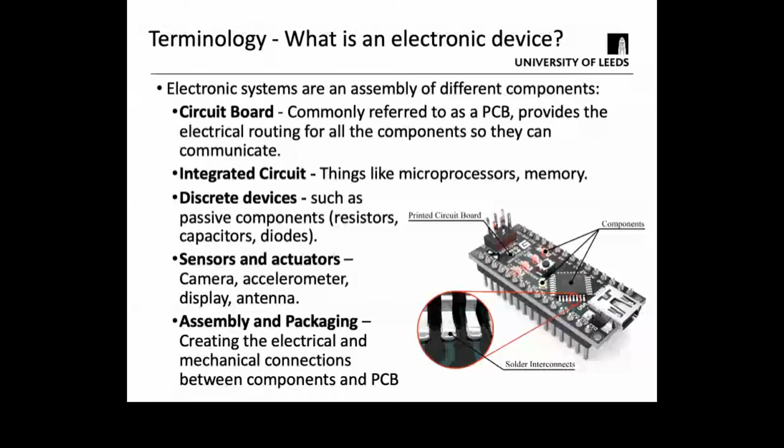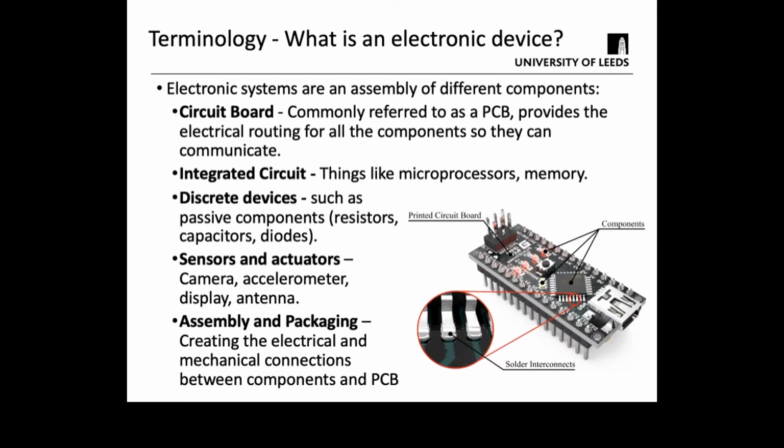Coupled with those, you get the additional functionality and requirements that you need from discrete devices, such as passive components. So these are the small, typically 2-pin components you'll see on boards that could be resistors, capacitors, or diodes. And then on top of that, if you think about modern products, like let's just say a smartphone, it's